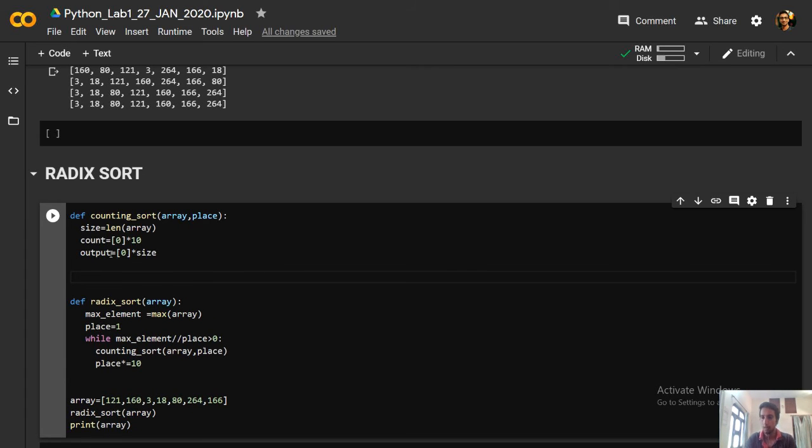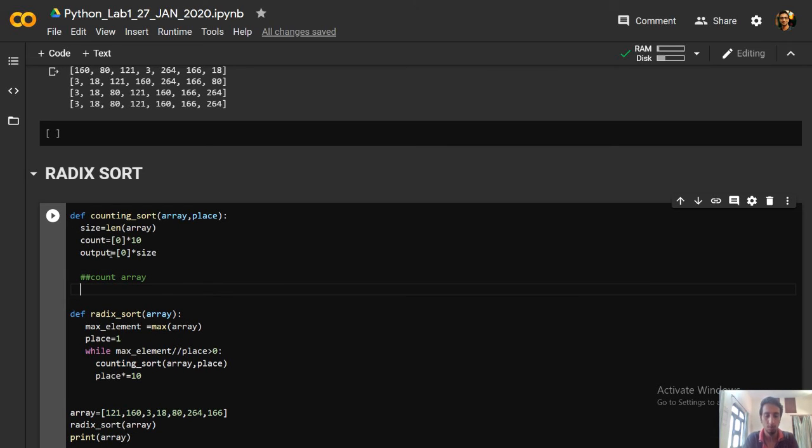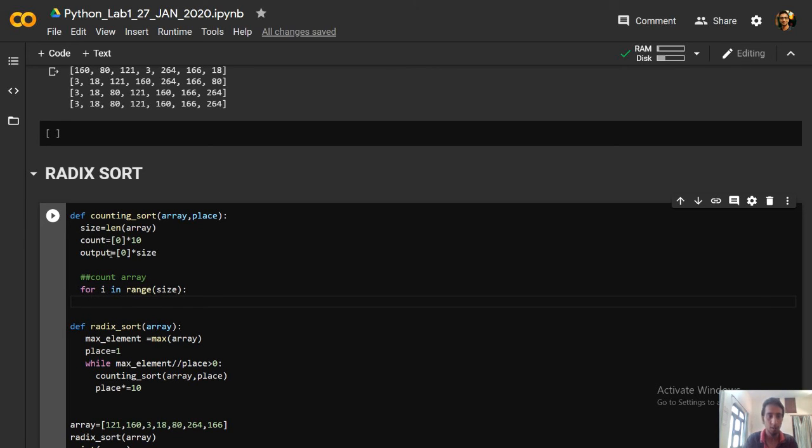Okay, so first of all I have to fill the count array. So for i in range of size, we will iterate through each element of the array and then put it accordingly in the count array. So first we calculate the index equal to array[i] integer-divided by place.